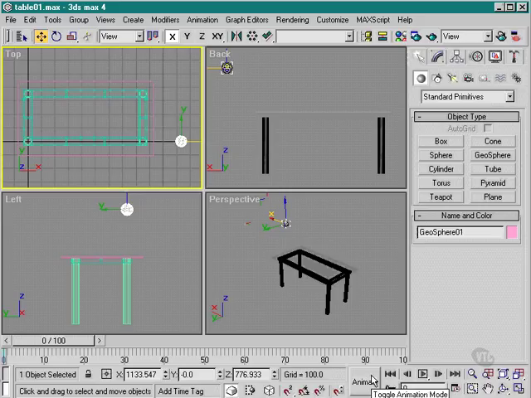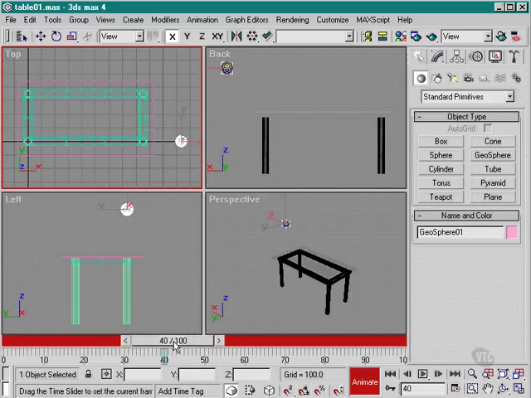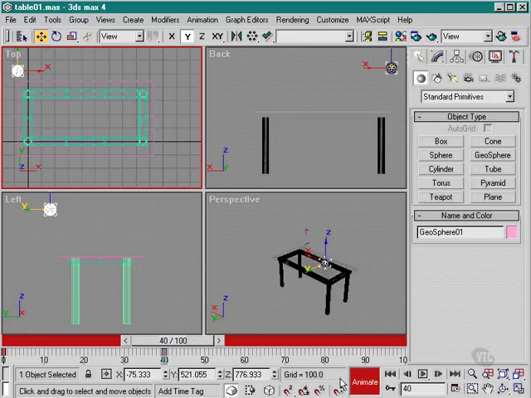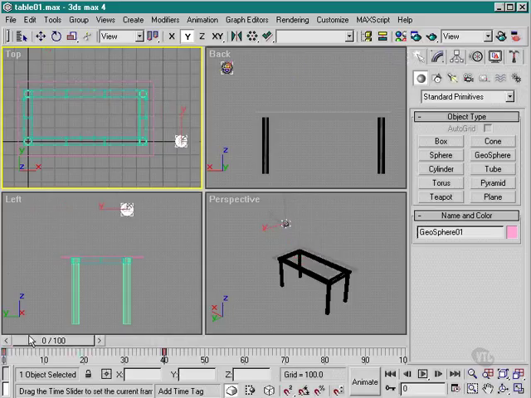So I click on the animate button, the animate toggle, select my ball, drag my slide to where I want the ball, and then I drag the ball to where I want it to be by this time. So if we look at that now, we see that the ball's moving horizontally across the top